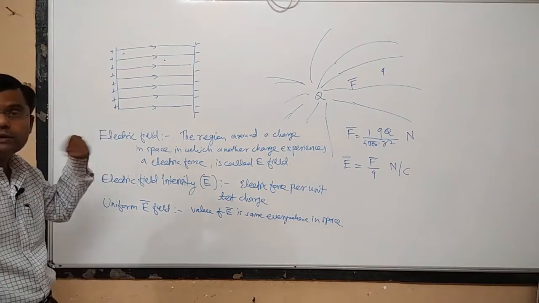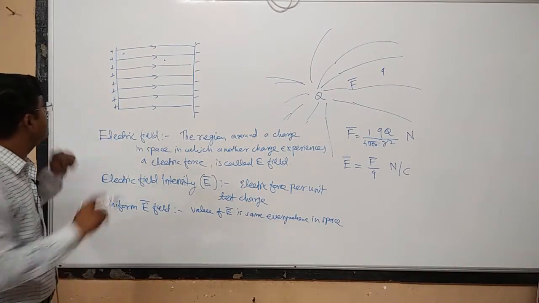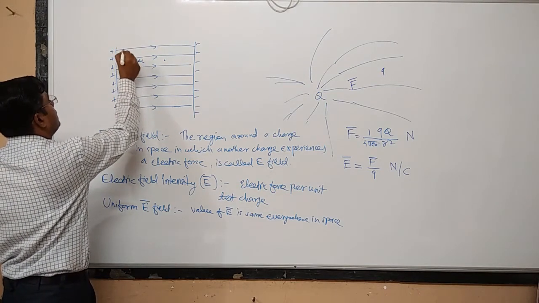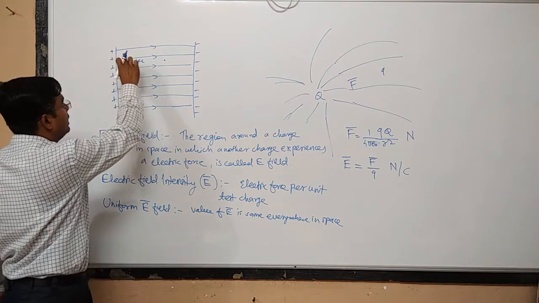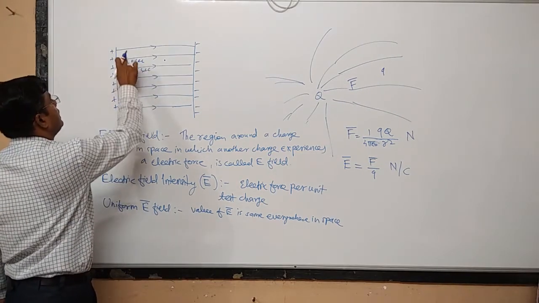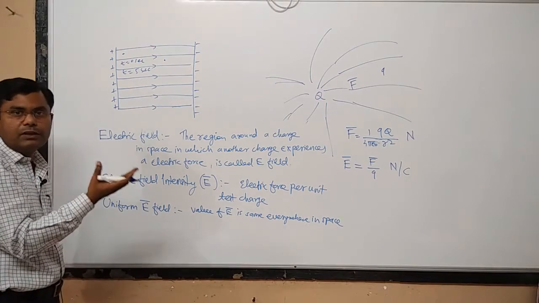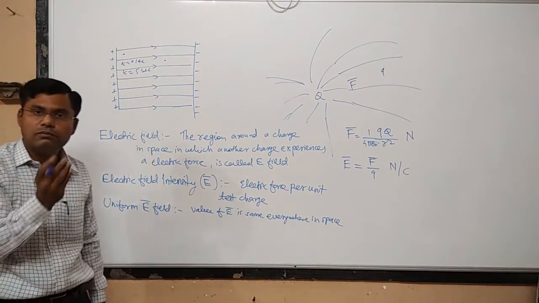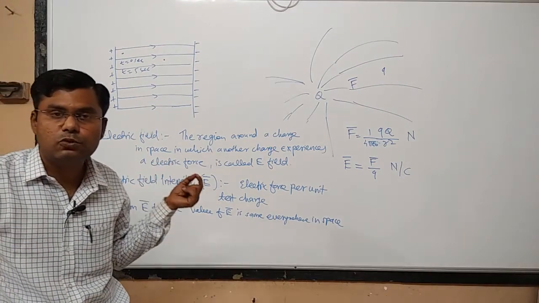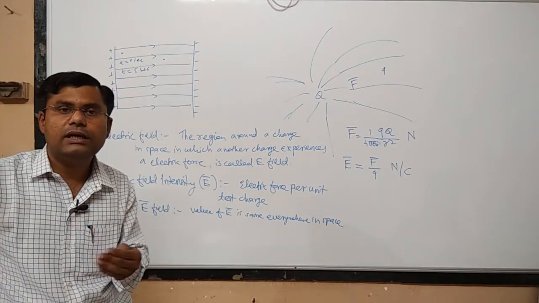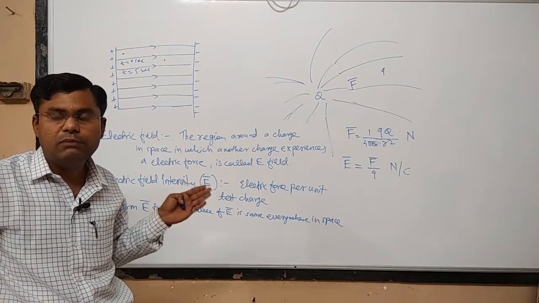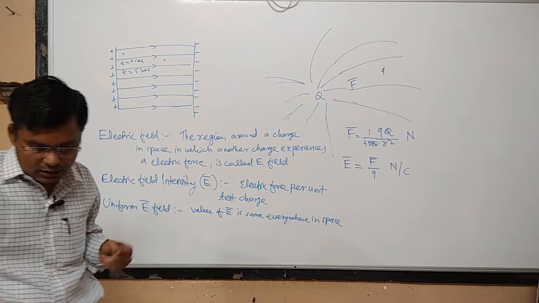And suppose the electric field is changing with respect to time. Suppose at t equal to 0 seconds the electric field has some value at this particular position, but at t equal to 5 seconds the electric field has a different value. Such an electric field will also be a non-uniform electric field, but in this case the non-uniformity is due to time. Because the time is changing, the electric field is also changing. Such an electric field will be called a time varying electric field.